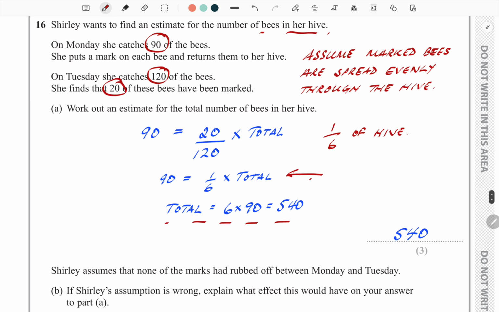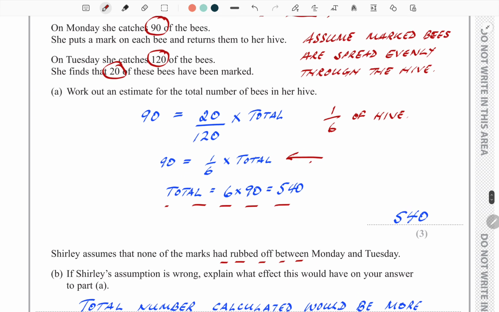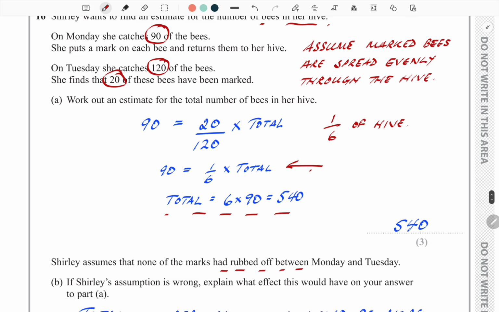All right. Then it says, assume that none of the marked bees has rubbed off. Okay. If Shirley's assumption is wrong, in other words, if some of the marks on the bees had been rubbed off, explain what effect this would have on your answer to part A. Okay. What happens is that, imagine of the 120 bees, we're actually counting 20, all right? But what if some of the marks had actually rubbed off? So it could have been, for example,